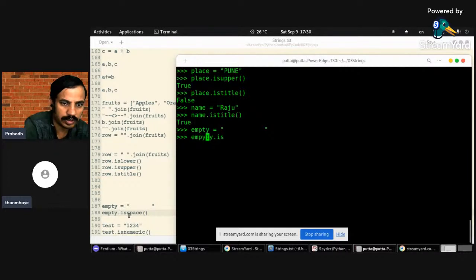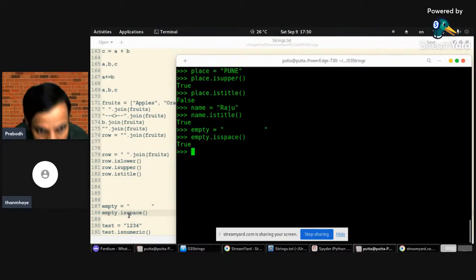Oh, I spelled it wrong. Okay, yeah, e space, it gives me true. Okay, this is usually where we require it, suppose I am reading one line at a